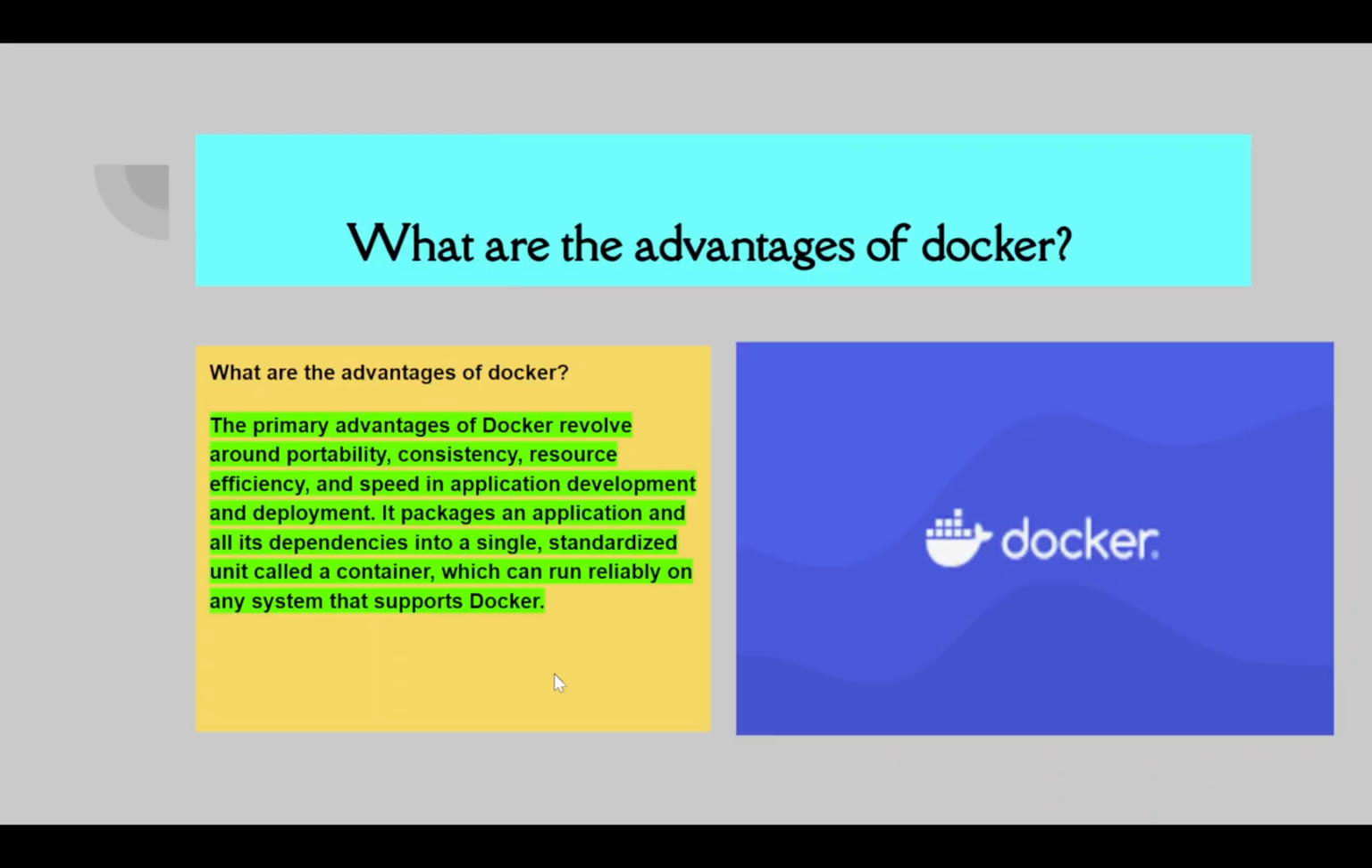So what are the advantages of Docker? The primary advantages of Docker revolve around portability, consistency, resource efficiency, and speed in application development and deployment. I mentioned all of this in the earlier slides also, but in simple terms, if you are using Docker, your development and deployment life will be very easy because it packages an application and all its dependencies into a single standardized unit called a container. Just build your container, deploy your container. That's it,